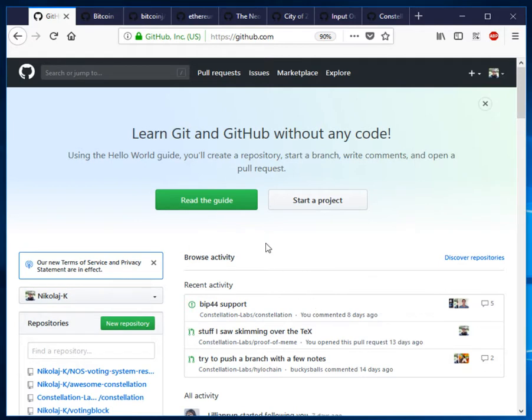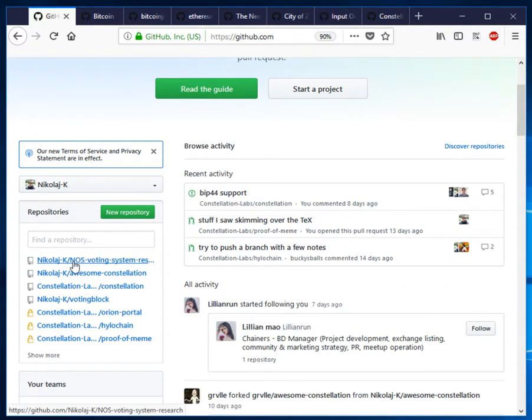And here, if you make an account, you see basically your own recent activity and people who interacted with you. So for example, I was discussing for the Constellation repository with the main devs some cryptography choices, and here I was with Alexandra doing some NOS stuff for Neo, and